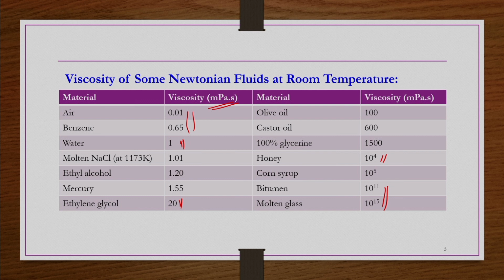It is possible that even non-Newtonian fluids may have very small apparent viscosities, like 0.1 millipascal second, etc. That is also possible. Some non-Newtonian fluids have high viscosity, of the order of 10 power 1, 10 power 2 millipascal second, that is also possible. So, from looking at the viscosities, we cannot say whether the material is Newtonian or non-Newtonian. You need proper information about the shear stress versus shear rate, as well as the normal stress versus shear rate. From that information only can we tell whether the material is Newtonian or non-Newtonian.